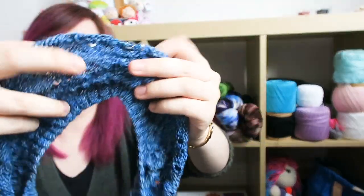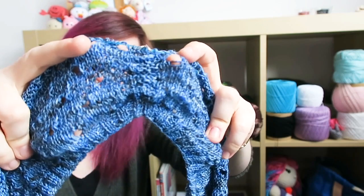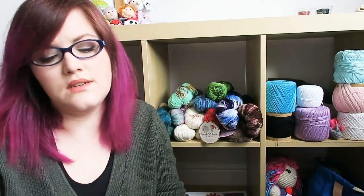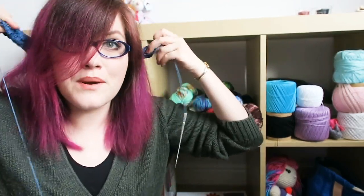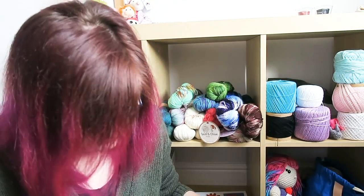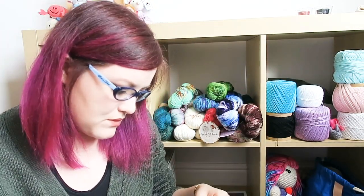And it's cool. It's got this little ruching here in the back. And I think what's going to happen, because I haven't read ahead, is that this is going to be going around my head. But we shall see. I hope it fits. It's going to be really sad if I've spent all this time on it and it